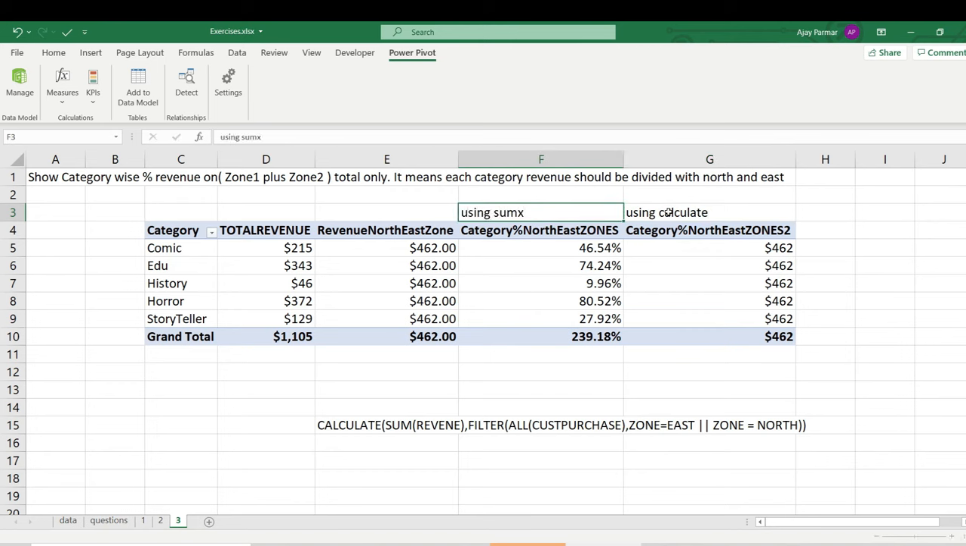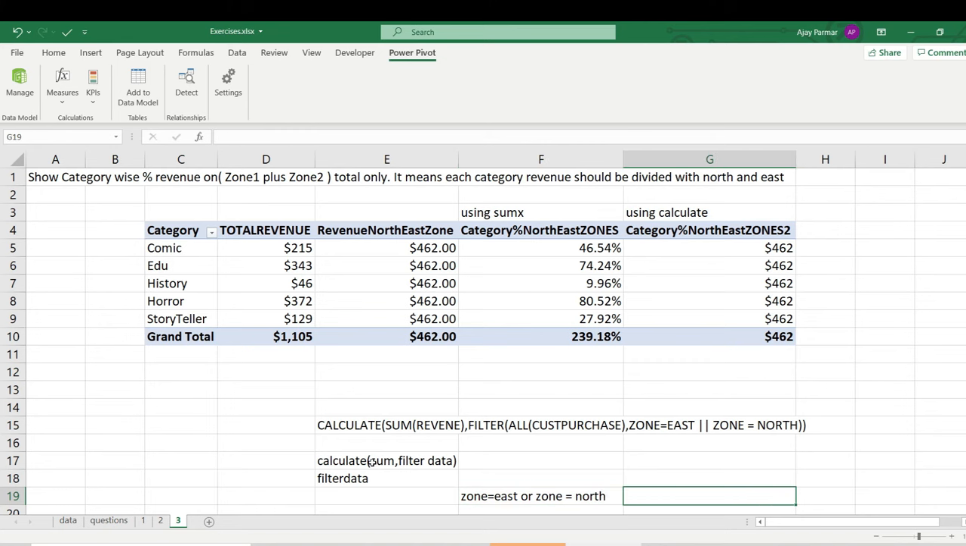So what we did in CALCULATE, the parameter when you write CALCULATE, here you go and write the calculation, sum or count or average. So here we write sum, and then the next parameter basically is the filter expression. What do you want to filter basically? That filter data, we said we can't just go and say zone equals east or zone equals north. We can't say that. Why? This is wrong, because